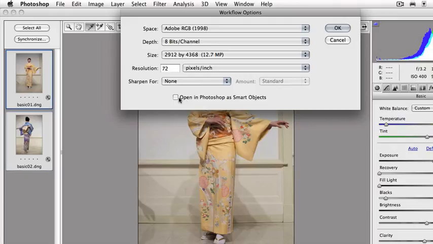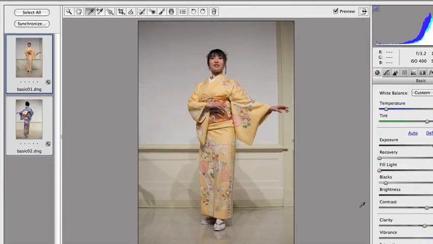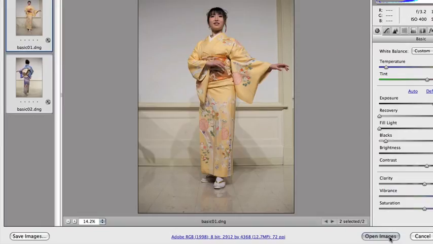If we select this, the image will open up in Photoshop as, you guessed it, a smart object. Let's just leave these values at the defaults and hit OK. If your settings are a bit different here, don't worry, it's not going to matter for what we're going to do in this lesson. Just go ahead and click OK. And now at the bottom of the window, we can click Open Images just to open both of these images